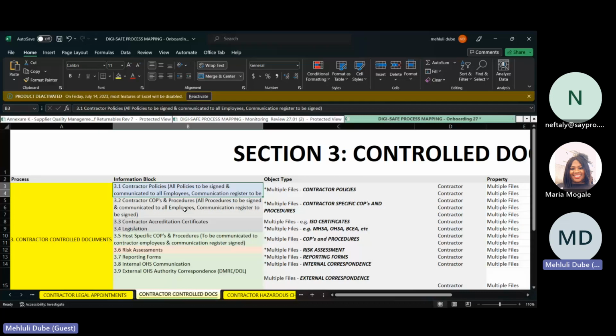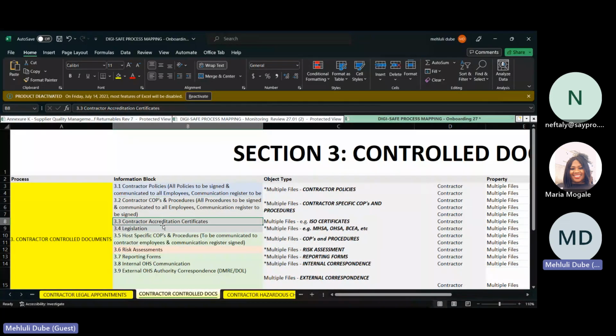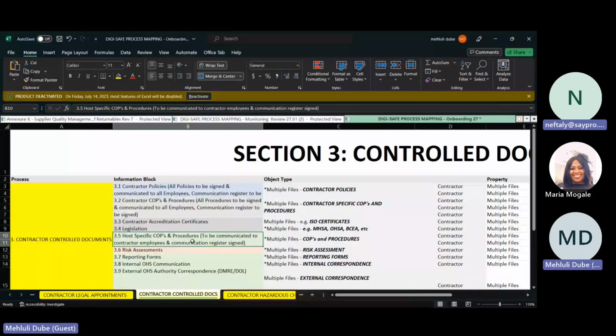So these are the policies, these are the procedures, these are just the accreditation certificates, these are your acts. You just upload basic conditions of employment. If the host gives you procedures so that you communicate to your employees, you also need to communicate them and also upload the communication register. Right? So these risk assessments,